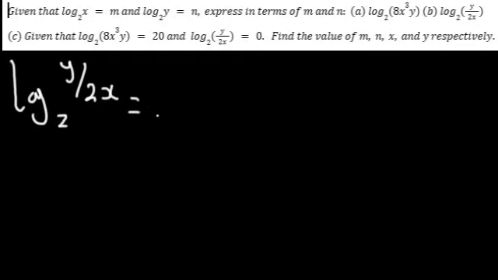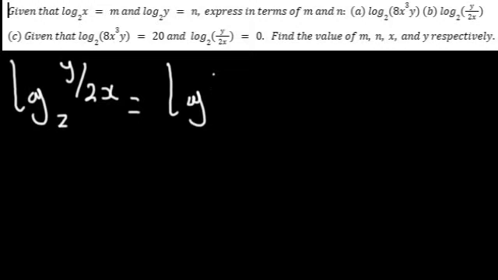Now just like before, all we need to do is to first of all simplify this to the lowest term, and to do that we will need to apply some of the identities of logarithms. Now it turns out that we have two different values dividing themselves in this case, and not multiplying themselves. So therefore we are to apply the quotient law of logarithms, which will turn the expression to become